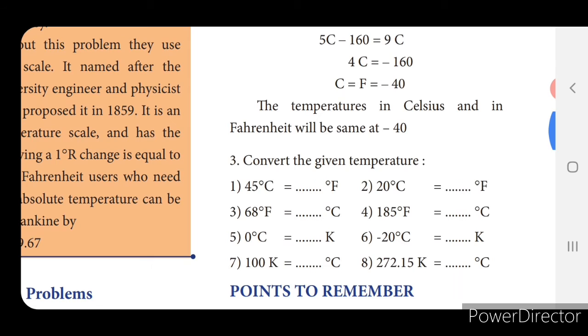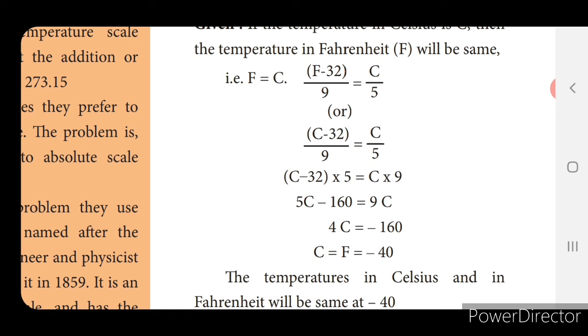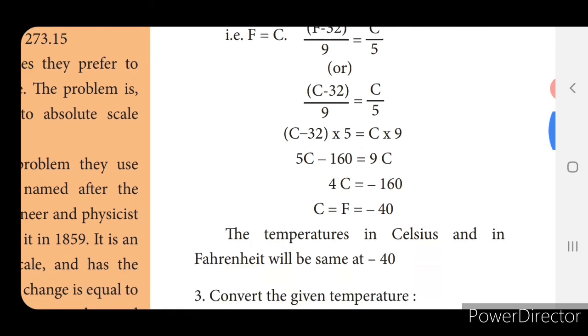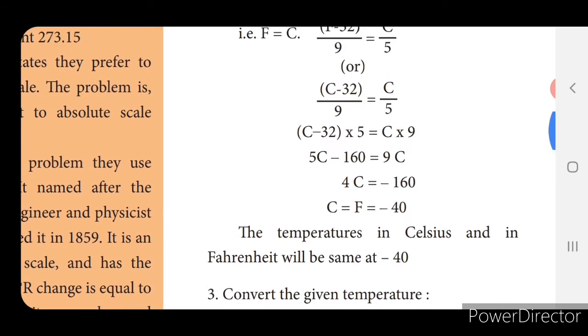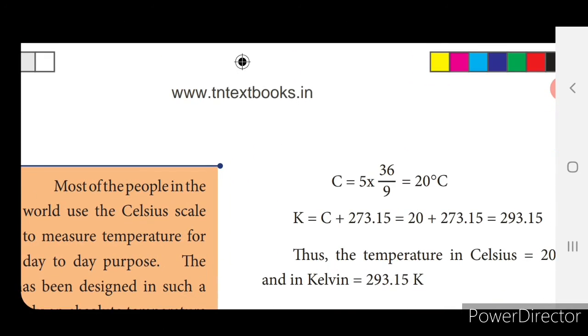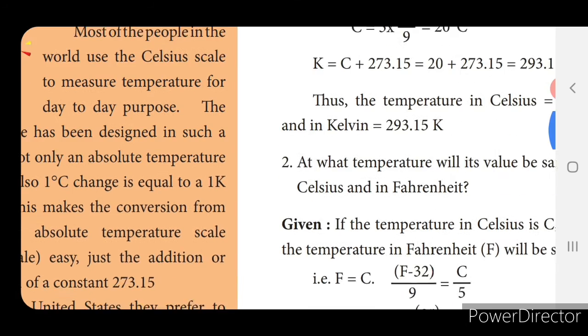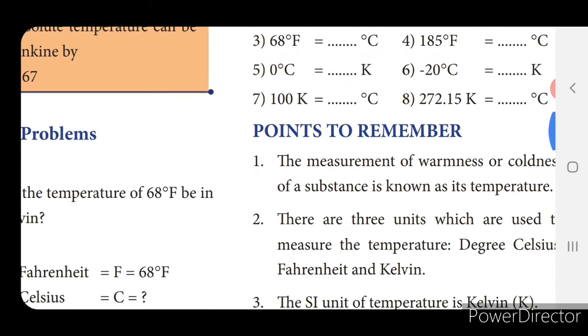And you have to find out F. Okay children. Then the third sum and fourth sum, only 2 sums, are given in Fahrenheit. So here also, F minus 32, in the place of F you have to substitute what is given and find out C. Then the next one, Kelvin is given, right? 0 degree centigrade is equal to dash Kelvin. So you use the formula K is equal to C plus 273.15. You substitute and find out the Kelvin scale. Clear, children? Yes.